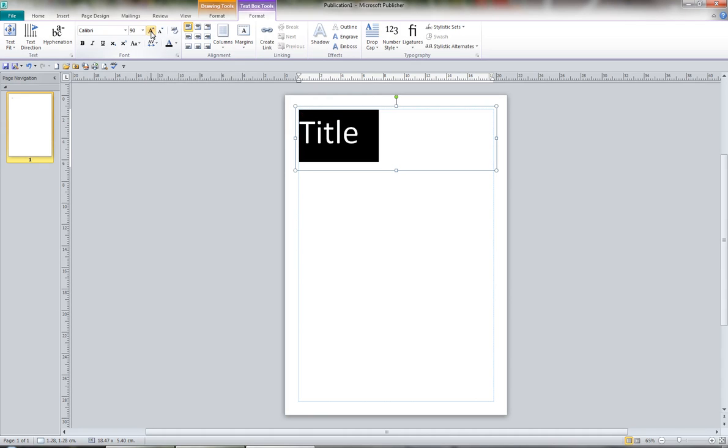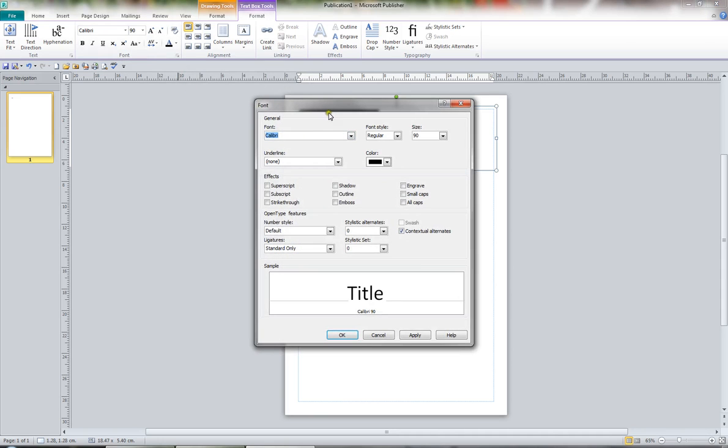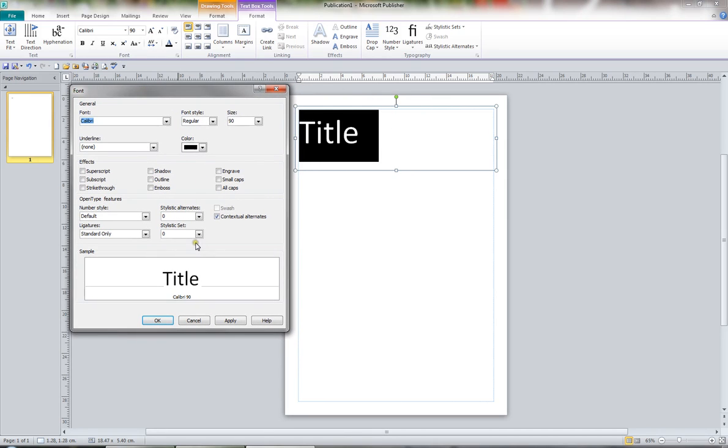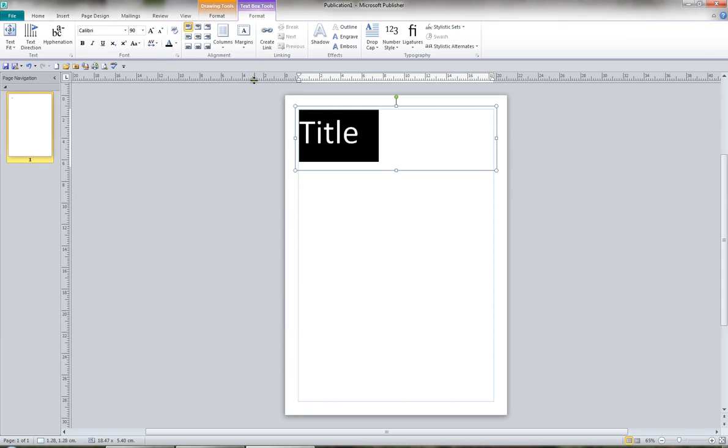That's fine. But if what I want is not immediately apparent in this group, then I hit the Font Dialog Box launcher. And this launches the old Publisher Font Dialog Box. And here I've got all sorts of options, such as shadow, outline, emboss, engrave, and those sorts of commands are not on the ribbon. So if you're looking for something and it's not in a group, then you may have to go for the Dialog Box launcher. And this is the Font Dialog Box launcher. If I cancel that,